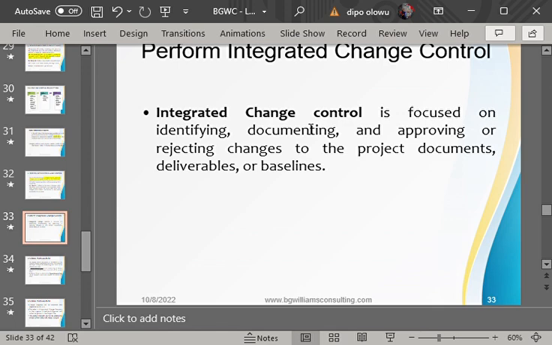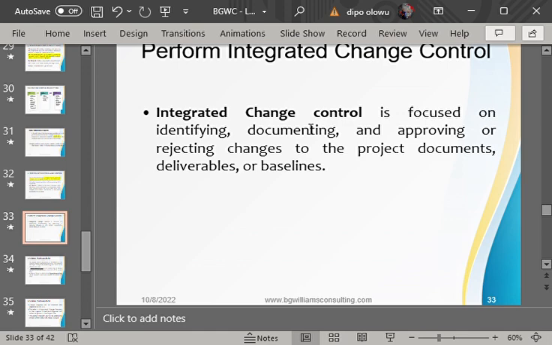Excuse me, sir. Is it everybody in the project or every stakeholder that can come to the project manager and say he wants to make a change? Yes. Anybody in the project is allowed to make a change request. Excuse me, sir. Is it all the changes that anybody just brings that I should accept as a project manager?